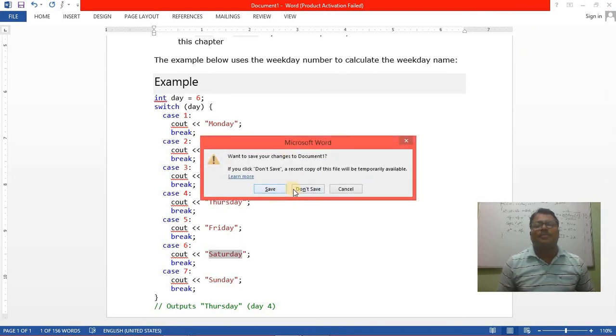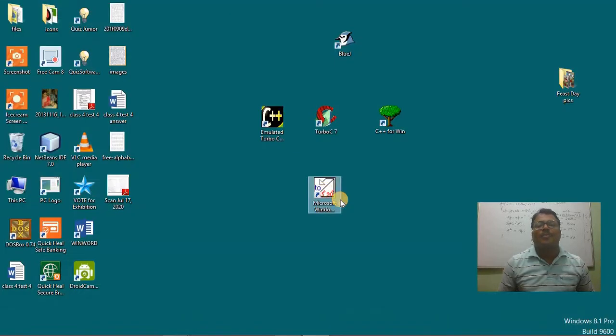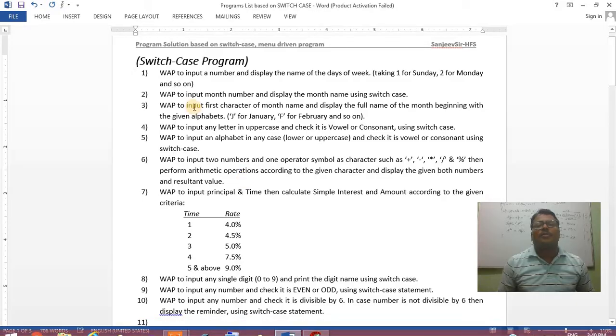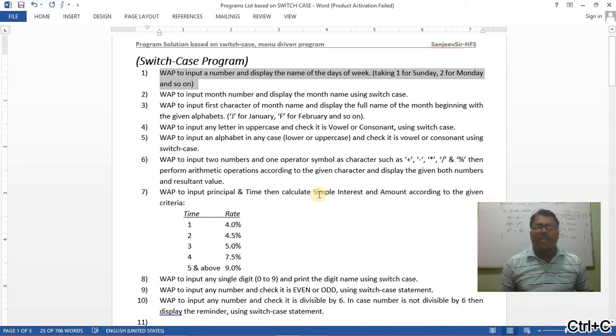Now we go for the first program, where we have to input any number and display the name of the day of the week.